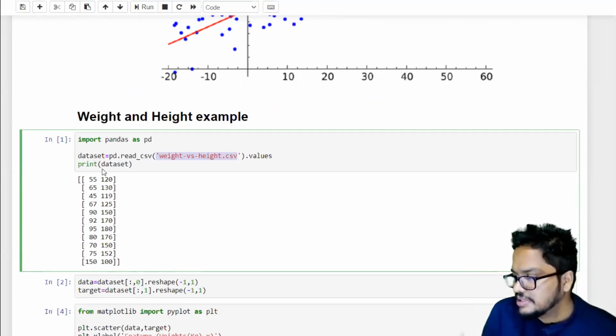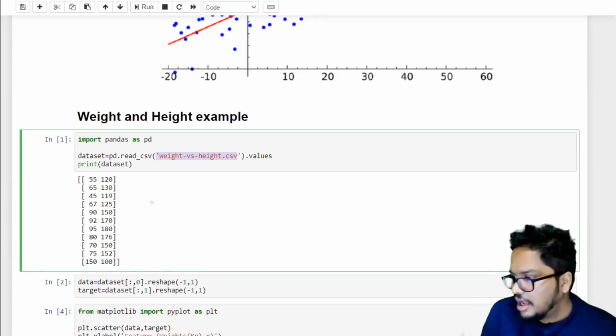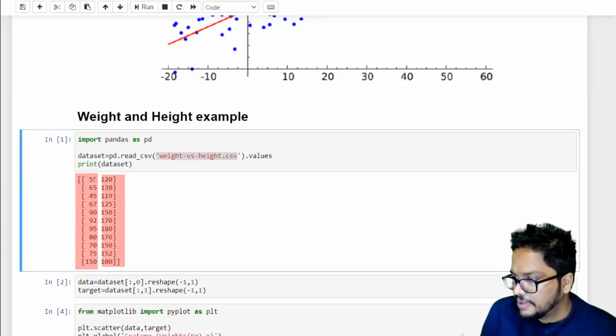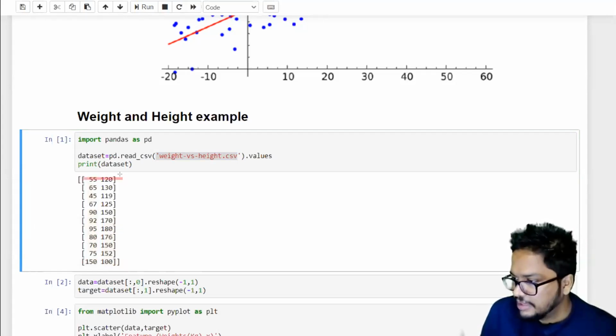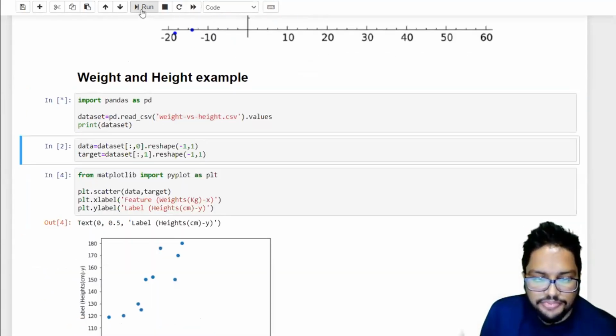The second column is the height in centimeters, right? One row simply represents a person, right? Okay. So what I wanted to show you